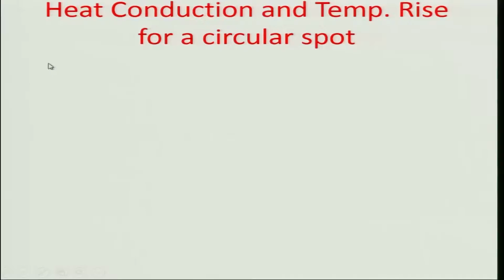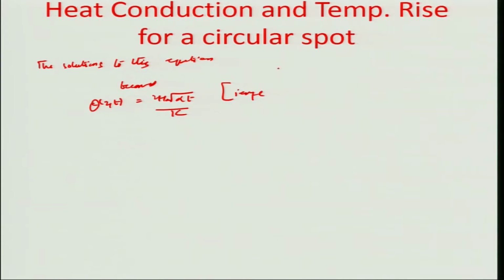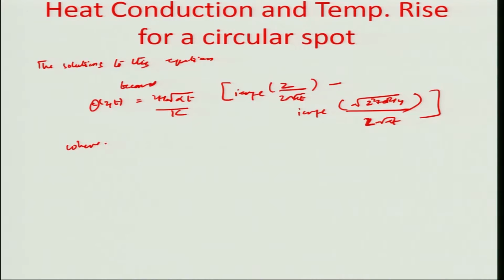So the solution to this equation becomes theta(z,t) equals twice H root over alpha t by k, I ERFC of z divided by twice root alpha t, minus I ERFC of root of z square plus d square by 4 divided by twice root over alpha t, where